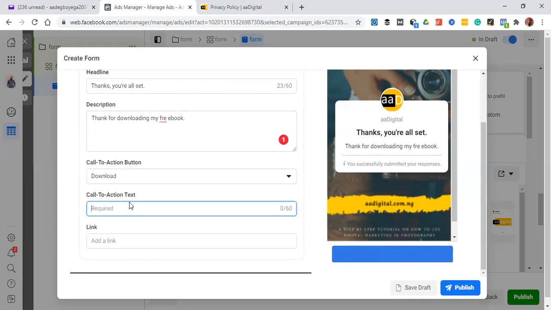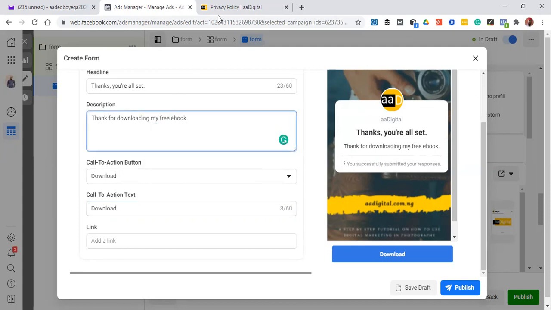So now you click and type it out. So you put the link. Remember, there is a link from when we were creating our campaign. Do you understand? That is what you will have.